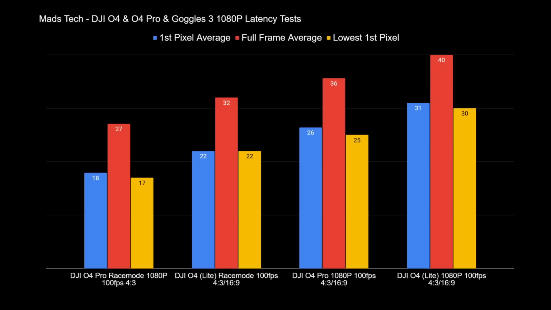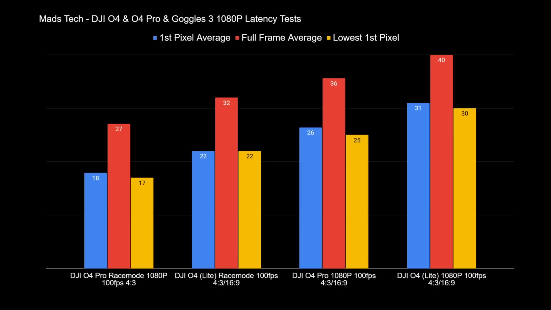There are run-to-run variances, and it can sometimes take a lot of different runs before I will see the absolute lowest level. Here and now, the lowest that I've seen is 17 milliseconds. It's only 2 milliseconds off what DJI are saying, so I'm comfortable with the numbers that they have said. But take into account, those numbers are the lowest first pixel and not the full frame latency, of which that